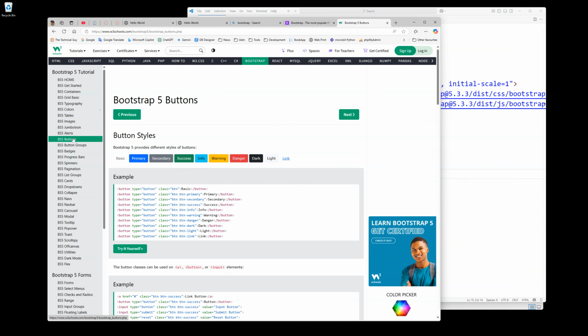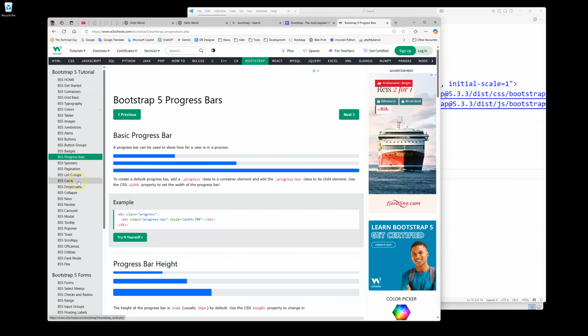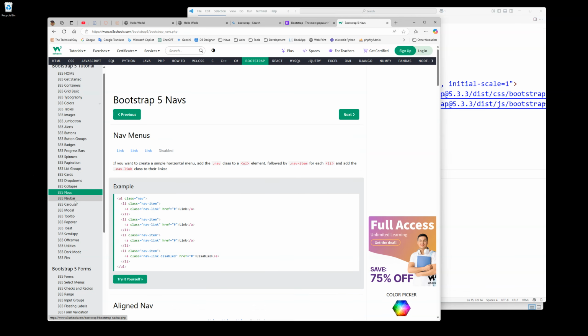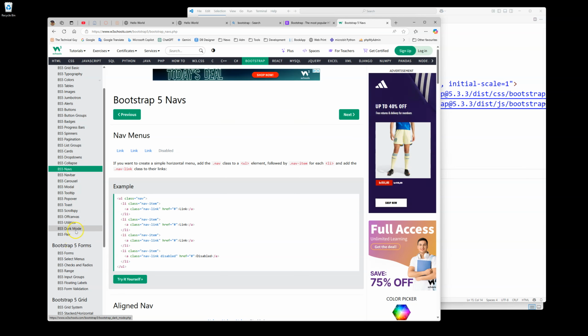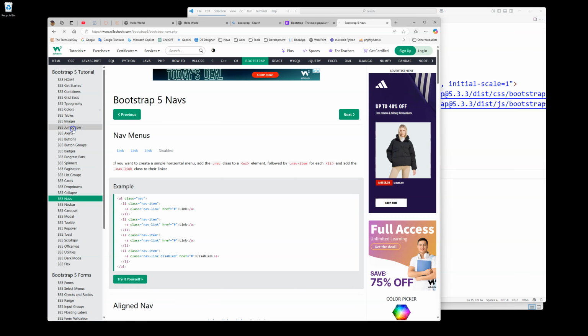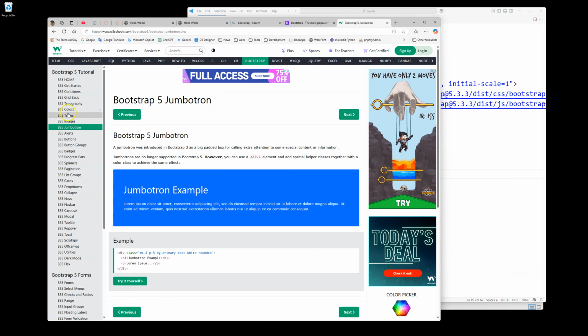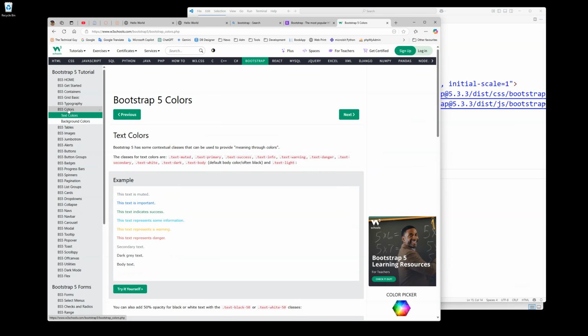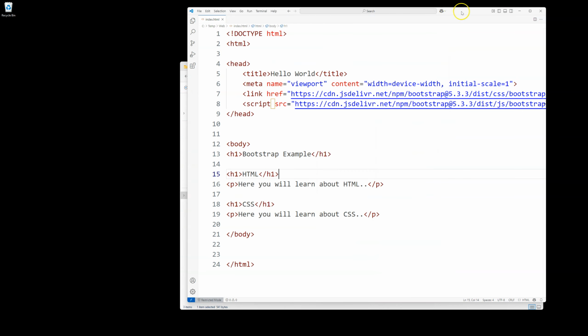You can create different buttons. You can create progress bars. You can style your HTML page in any type of way using this Bootstrap styling. But let's just show some basics of how you can change the font colors, etc. So then typically, if I go back to my